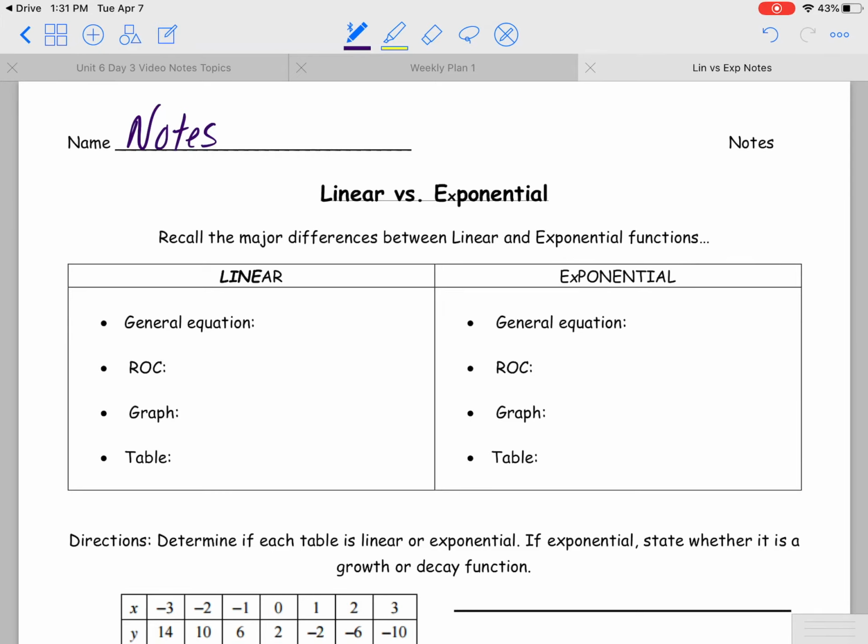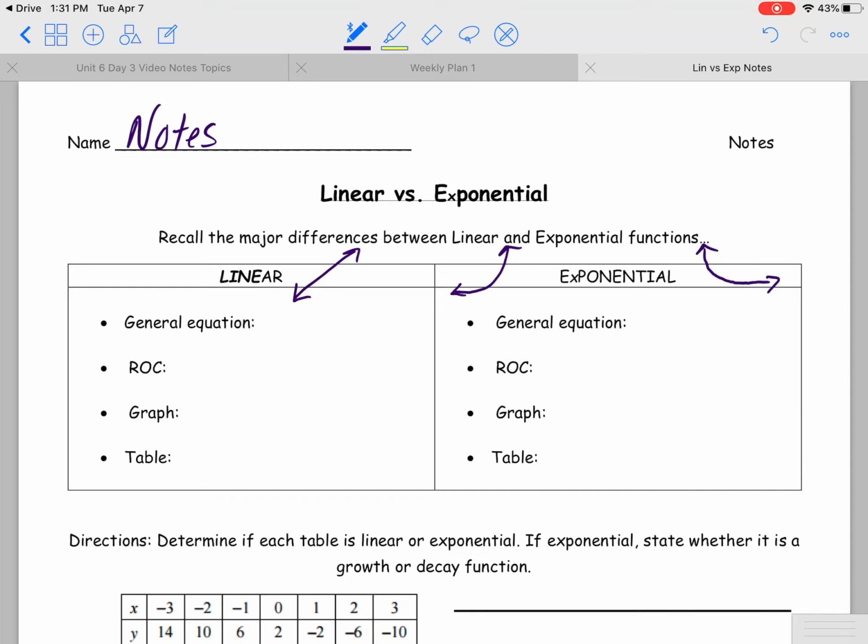All right, so in our exponentials unit, we're going to take a look at comparing an exponential table to a linear table. We've done this a little bit towards the beginning of the year when we were looking at linear versus non-linear, but we'll be a little more specific. As a reminder, we know linear functions have graphs that are straight lines. And from the beginning of the year, we know what an exponential graph looks like. It's something that's going to increase really, really fast, or we could have an exponential decay where it's going to